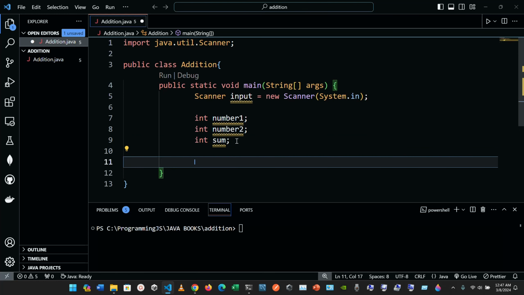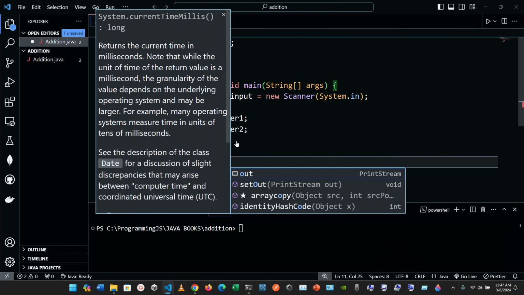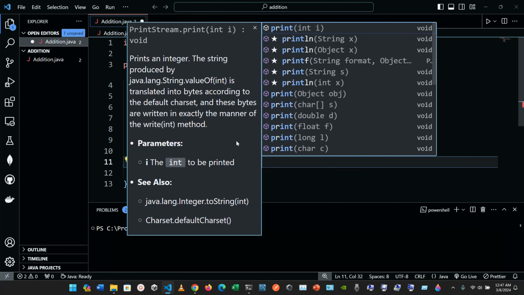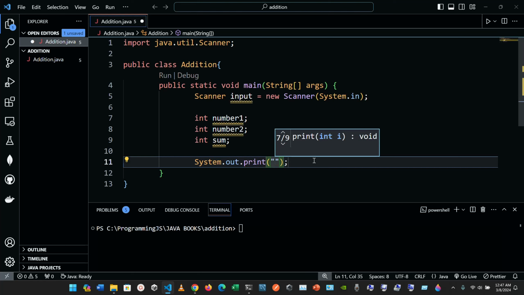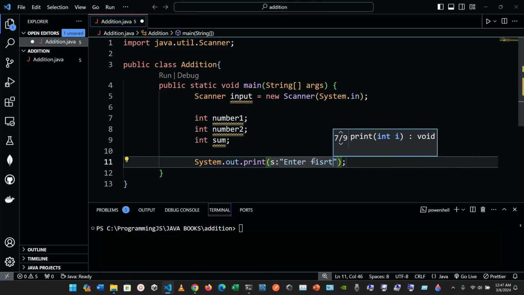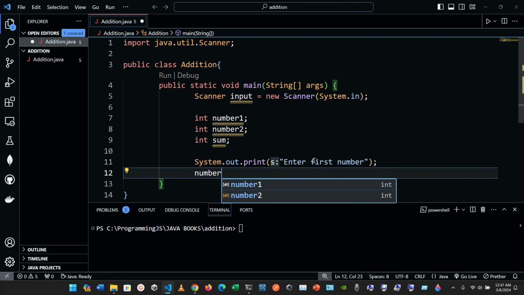Now what we are going to do is use System.out.println. I put a semicolon at the end, and we are going to have it prompt the user: enter first number. So it's prompting the user to enter a number, and now we're going to have number one, or whatever you name it, the first integer,